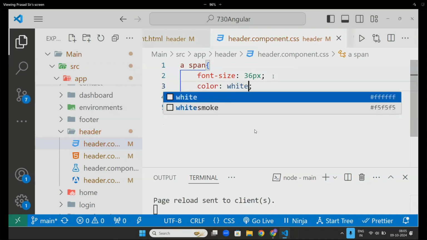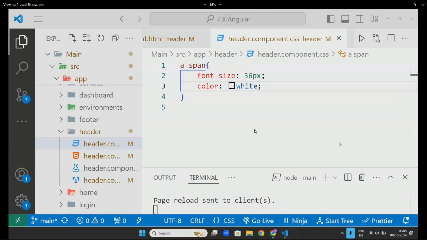Sir, someone is asking, instead of printing the length, how can we print the items in the cart? See, if you want, you can print the items in the cart on the cart page. How will you print the items in the header? The header needs the length. Okay.